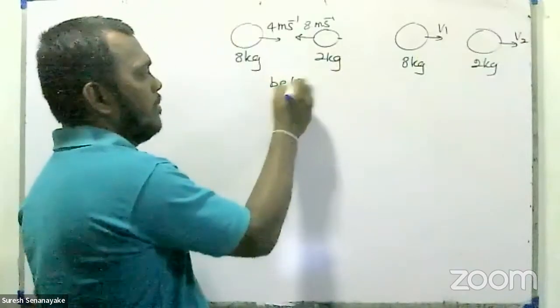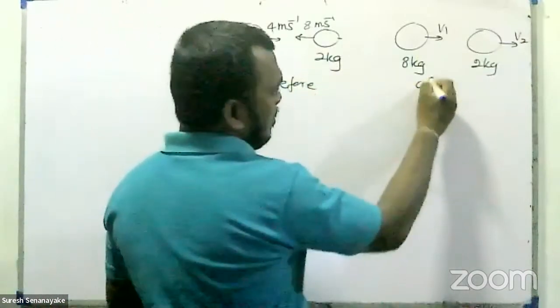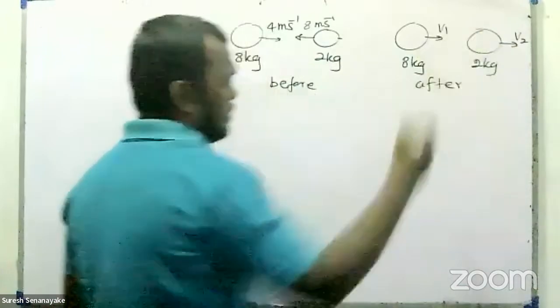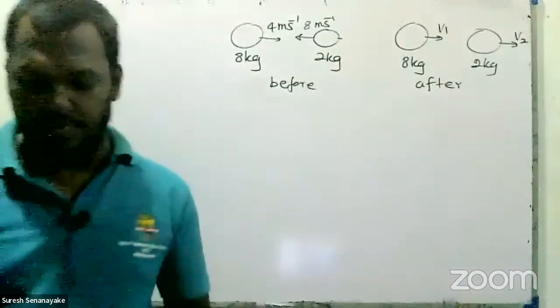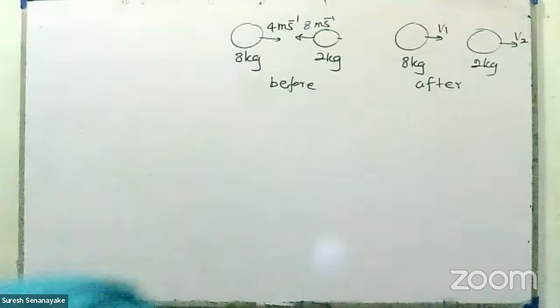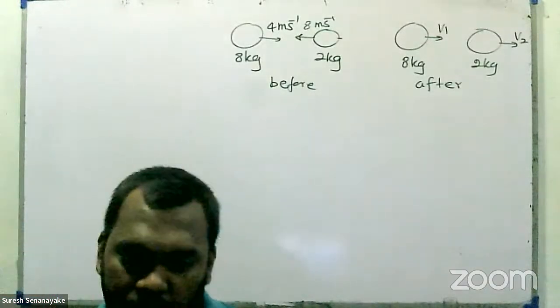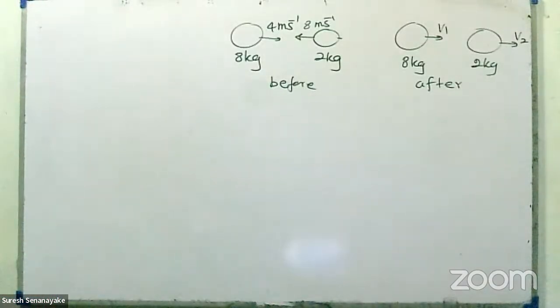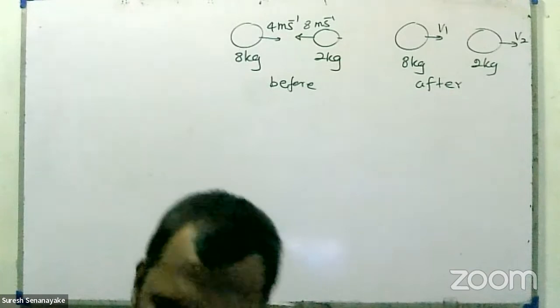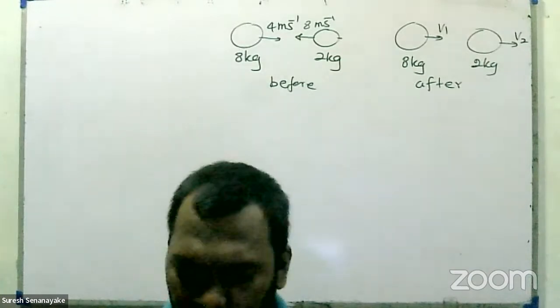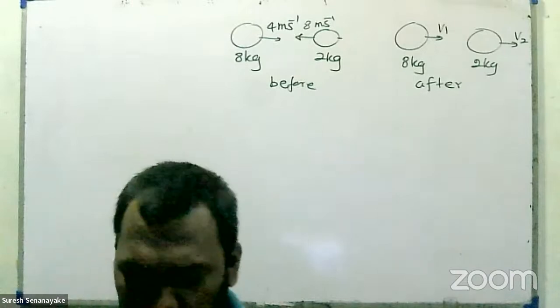This is the before. So now you can find this using momentum conservation only. You can find the value and then send your answer. You can take a picture and send it to WhatsApp, or you can directly write on this